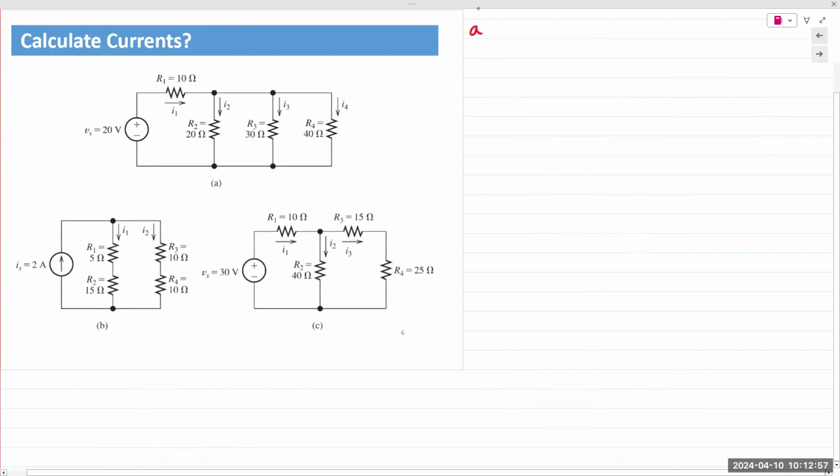We won't solve all of it, but let's take a look at A. Series parallel analysis requires as the first step that you remove the source from your analysis and you determine Req from the perspective of the source. In this example A, the source is given as Vs, 20 volts. We remove Vs from our analysis,